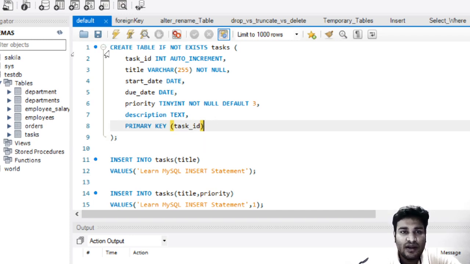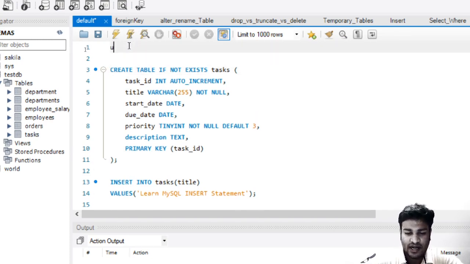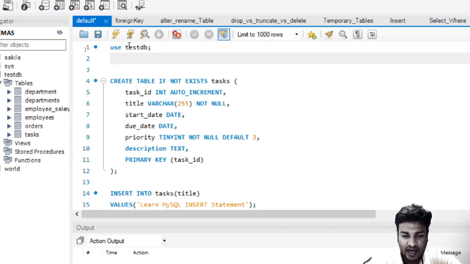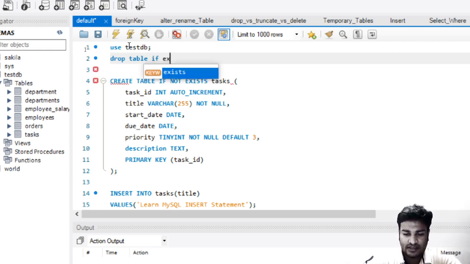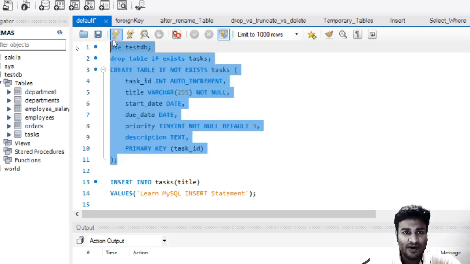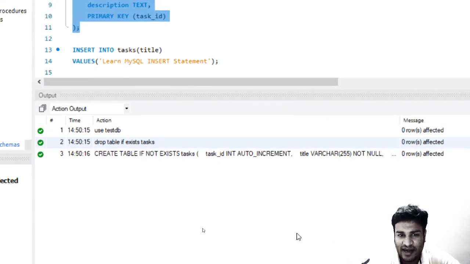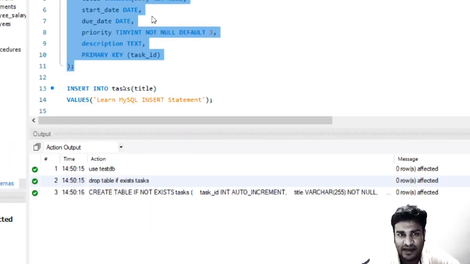So, for example, you are creating a table, say tasks. You can see on my screen, I'm just saying use SDB. Then I will say drop table if exists, table name is tasks. Let me drop it and then create a new one. So I just go ahead and create a table called tasks. You can see over here that the table has been created.